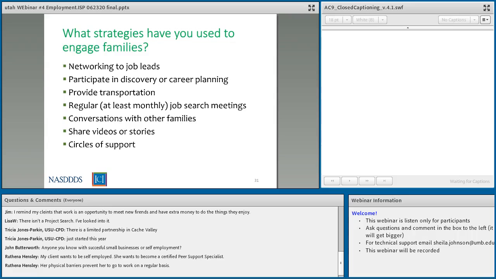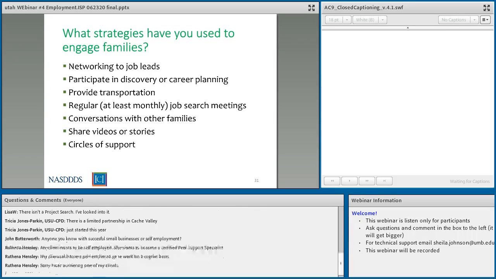During the job search, I think it's useful to have regular, at least monthly, job search meetings. One of the downloads that we included, if you didn't get them earlier, we'll come back to at the end of the webinar with a chance to download them. It's called the 30-Day Placement Plan, and it's a very simple concept that emphasizes bringing key players in a person's job search, and I would include family, and in many cases that I've been involved with, that's also siblings, not just parents, might be neighbors or close friends, bringing those people together